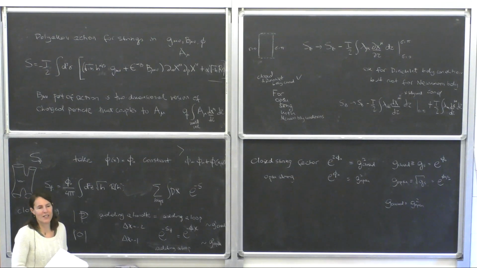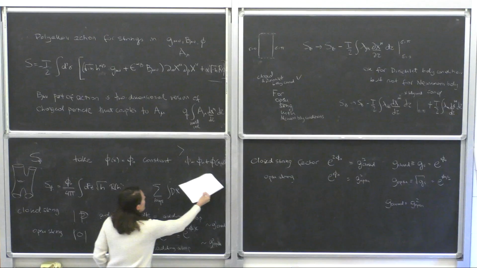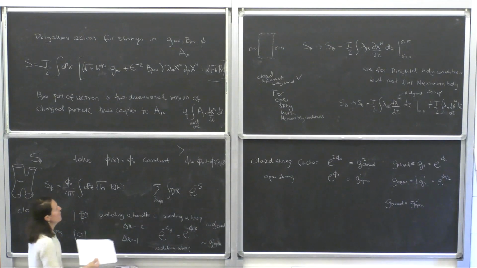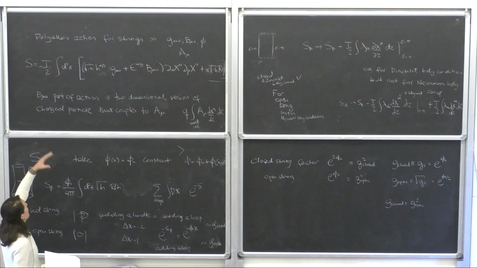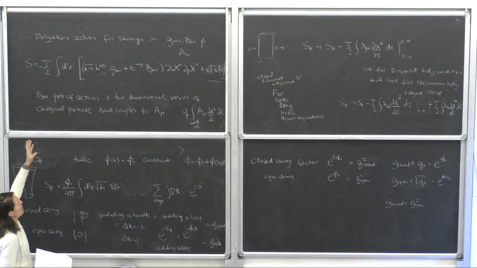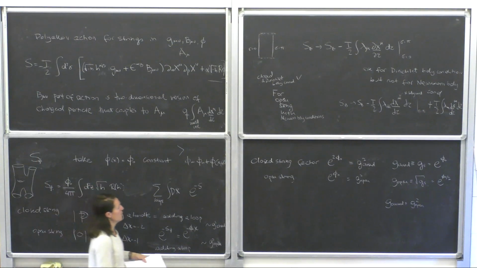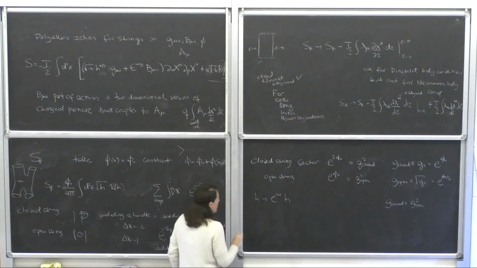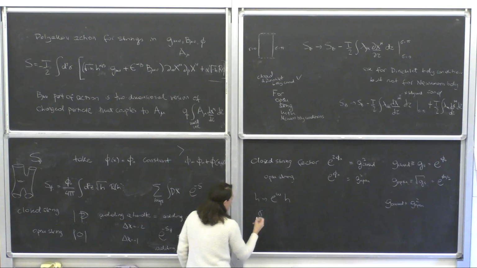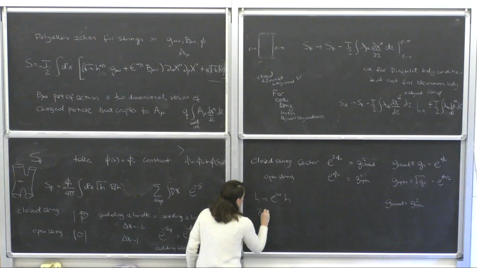If it's not constant, sorry. No, because the Weyl invariance is transforming H, but I don't transform X. That's the Weyl invariance. So there are two things: the conformal symmetry and the Weyl invariance. And these two combine such that the action is a symmetry, because you can reabsorb the conformal transformation in a Weyl transformation. So the Weyl transformation is H going to e to the omega H, while the conformal transformation is sigma plus